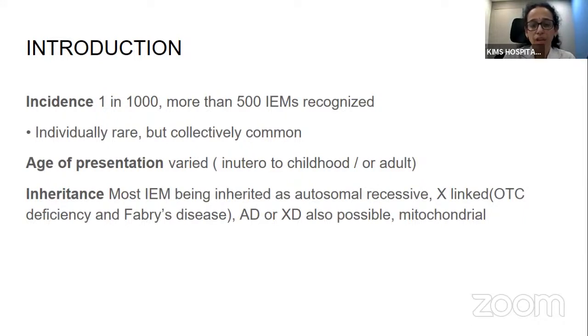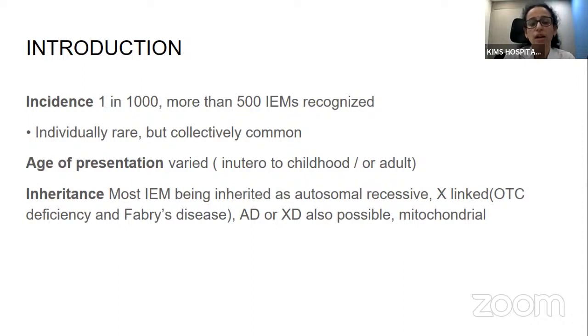Most of the IEMs are inherited as autosomal recessive conditions, in which both the parents are carriers and may not have any symptoms. So in that case, obtaining the family history assumes more importance, because history about previous sibling deaths or affected siblings or affected family members is very important to diagnose inborn errors of metabolism in the index child. Some of the IEMs are X-linked